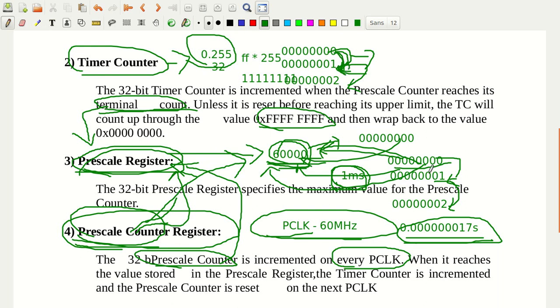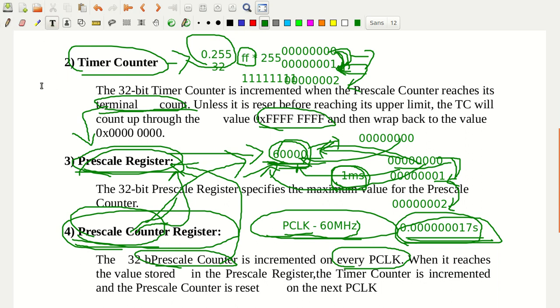The prescale counter gets incremented by 1 for every 1 PCLK cycle, whereas the timer counter gets incremented by 1 every time the prescale counter reaches the terminal value. So that 1 millisecond multiplied by 255 applies if I put the timer counter to FF.